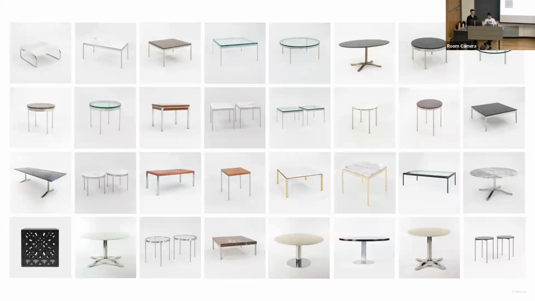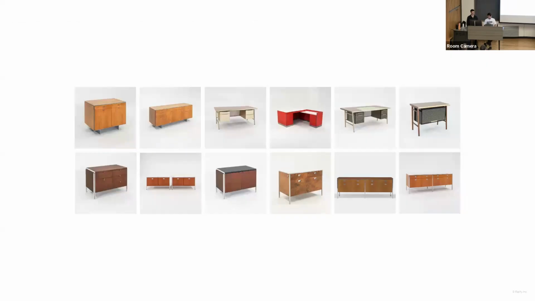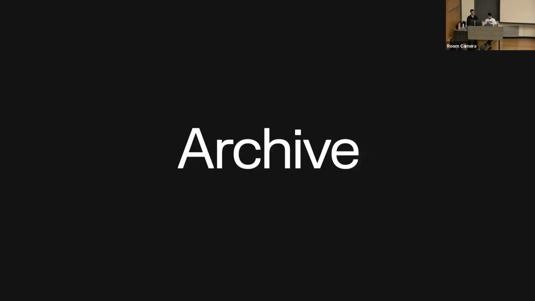These are iterations of tables also as part of SOM's history during that time, which are housed at our facility. And cabinets or desks in numerous materials such as steel, aluminum, and precious wood such as olive ash burl from important projects such as Chase Manhattan Bank, among many others. Often the materials in these pieces were closely tied to the kind of innovation of some of their buildings.